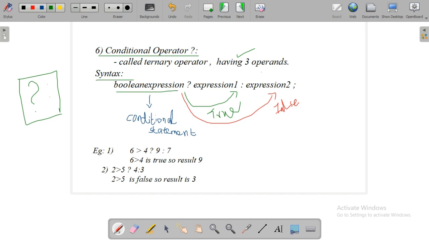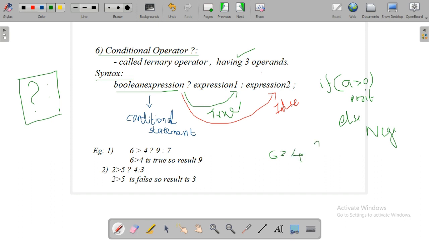And the syntax for this one, first you have to write the expression, question mark, then expression 1, colon, expression 2. That means, just imagine we are checking a condition A greater than 0. If A is greater than 0, in an if and else statement, how will you write it? Yes, it is positive. Greater than 0 means that is a positive value, else it is negative value. So instead of if and else we can use this conditional operator, in a single statement.